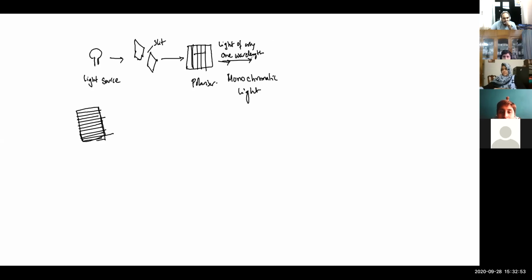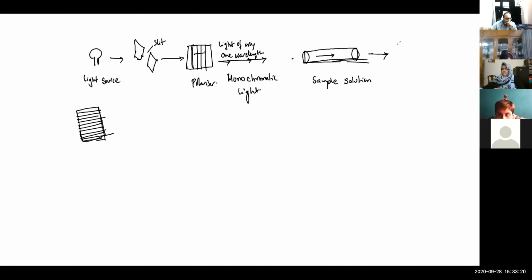One wavelength, after this one wavelength passes through, we have a sample in a tube. This is our sample solution. So the light passes through the sample solution again, and after passing,